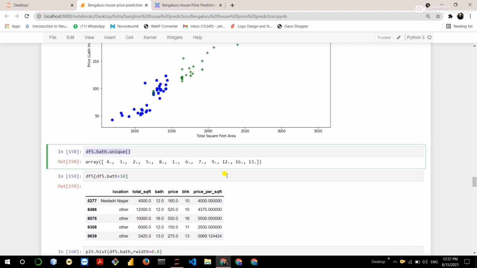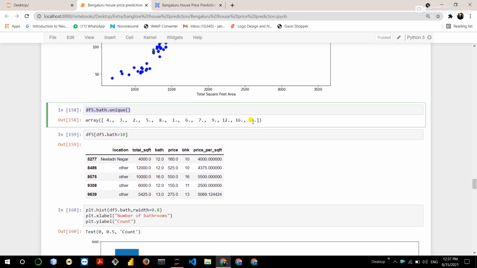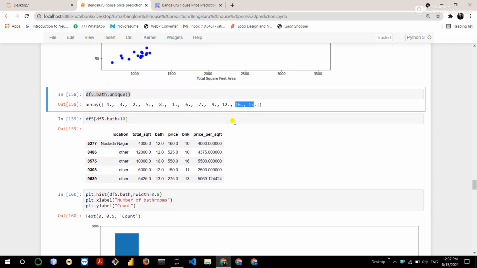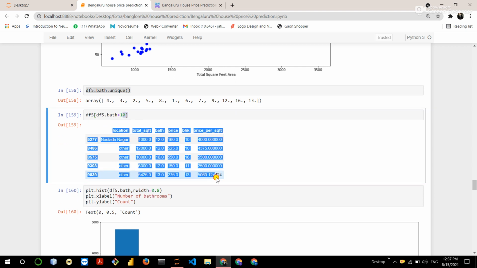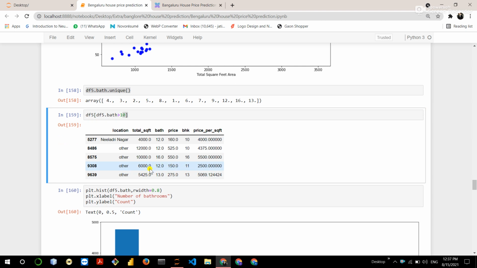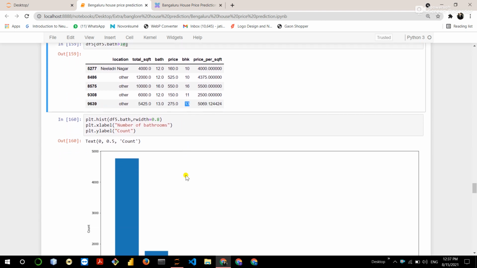Now check the unique values of bath, and here 13 and 16 baths can't be possible in a house. Now check if the bath contains greater than 15, so display the data. Like you can see here, 5000 to 5500 square feet contain 13 baths. 13 baths, it's not possible.